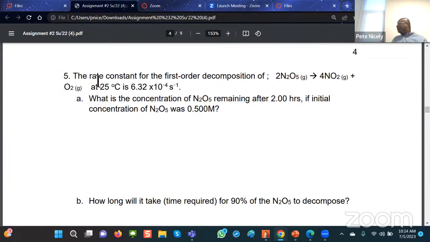Okay, so the first thing that would come to mind when solving this problem is the equation for the first order reaction. And that equation, just to remind you, let me go to my writing function here. So let me squeeze that equation up here. That equation, hold on 1 minute. Okay, that equation will be